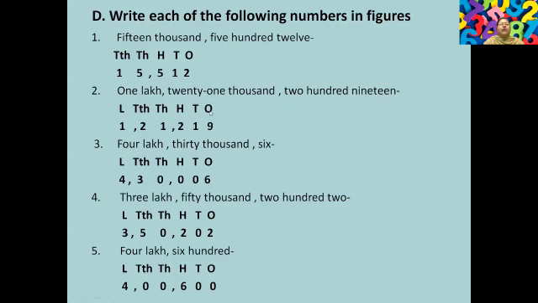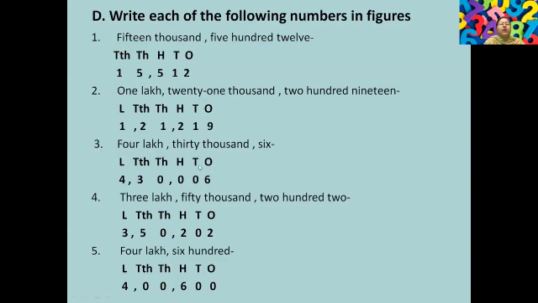1,21,219. Again, ones, tens, hundreds, 1,000, 10,000, lakh. 1 lakh, that means under lakh, you're going to write down 1. 21,000. Under 1,000, you're going to write down 21. 200 under 100, you put a 2. And lastly, in the 19, you write it at the end, 19. Now the third question,